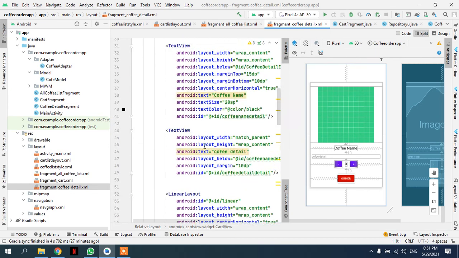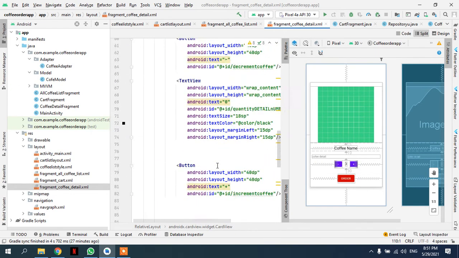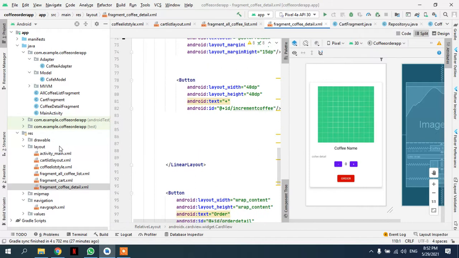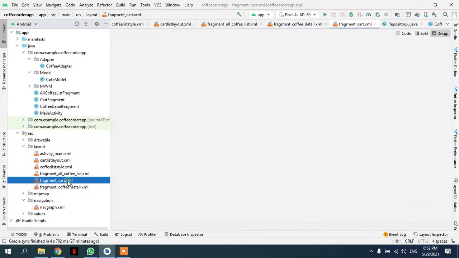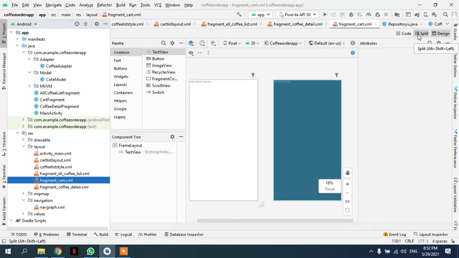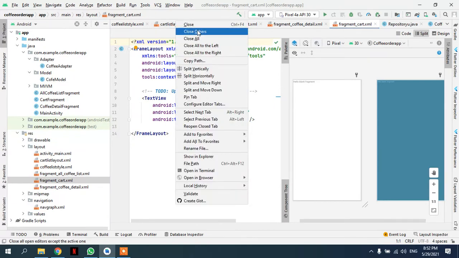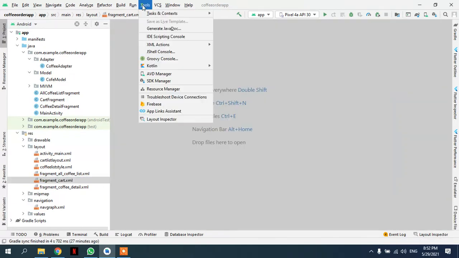Okay, guys, welcome to part two of this big coffee app that I'm trying to make for you guys. For now, let's just get right to the logic part because I don't want to do another layout for the cart. Maybe we can do it later. But yeah, let's just close all this and go here, Tools,